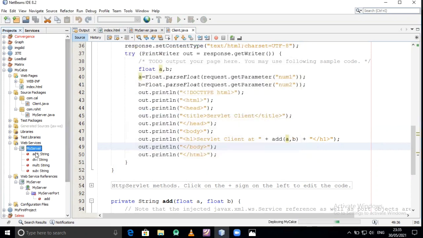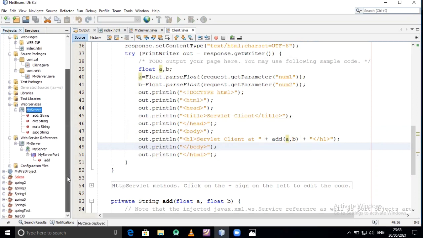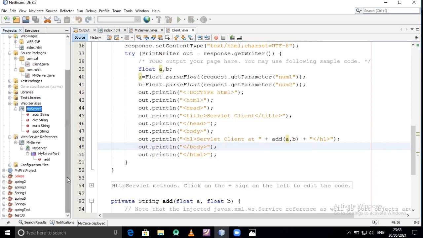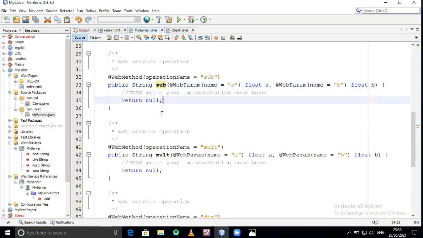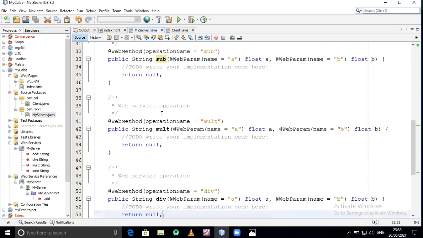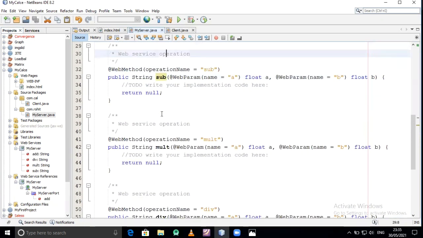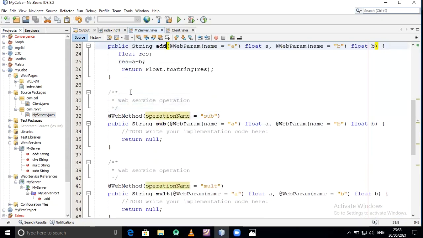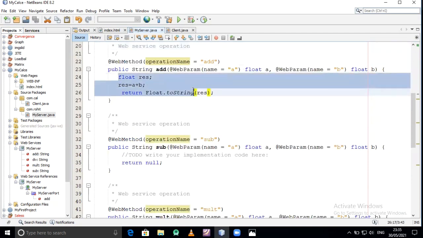Okay, so here the 4 operations are successfully added. Public string sub, public string mult, public string division. So the same scenario is there. I just copied this.